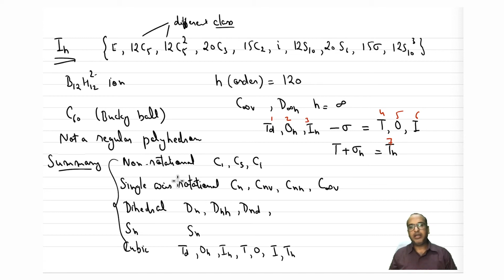Now, how do we classify a given molecule into this? It is not easy because we have to list down all the operations and then check each of these, whether it belongs to a particular point group or that point group or this point group. So there is a nicely made flow chart. Let us look at this flow chart. It is available in many books, but I have adapted it slightly differently with my understanding. You can see different versions of it, but do not worry, they all end up in the same classification of point group.